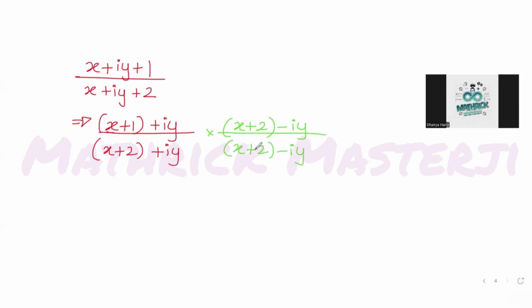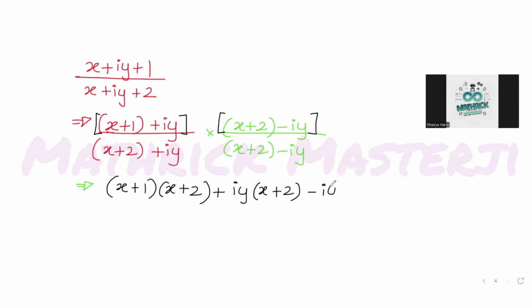The two terms in the numerator get multiplied with each other, leaving me with two brackets: (x plus 1 plus... )